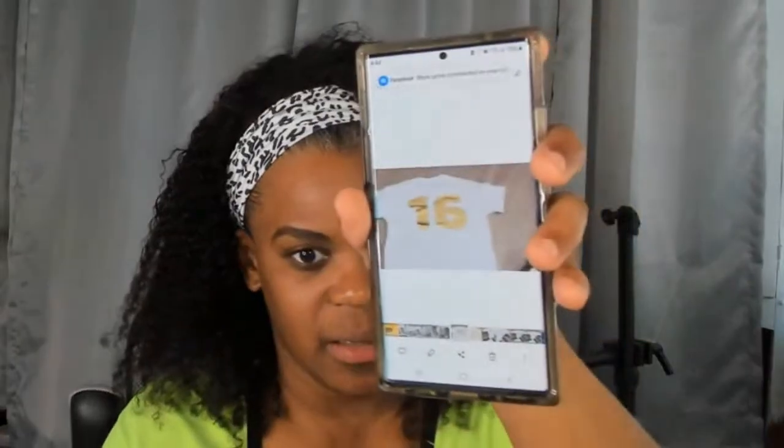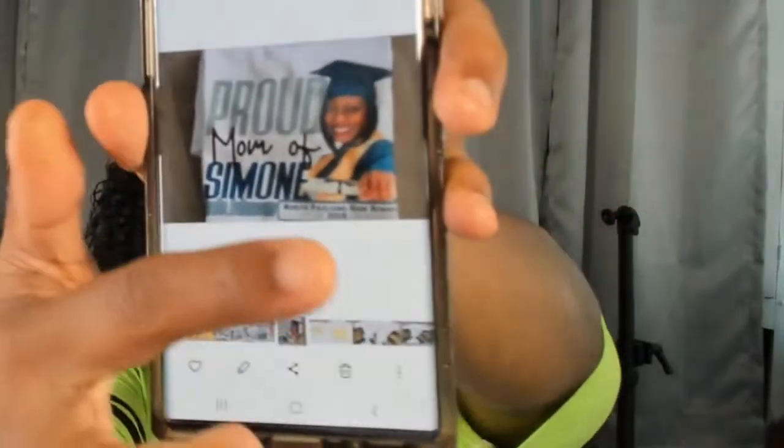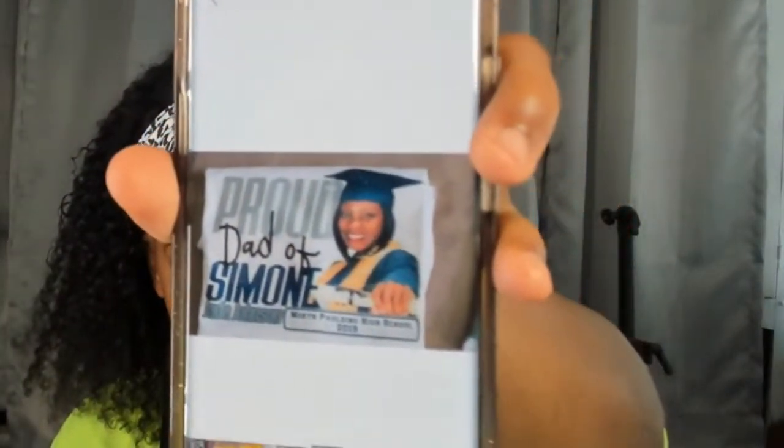And then just a 16 on the back. Oh, here it is. So remember her fan? Instead of putting her name at the bottom, I put her name to the side. Oh, look, there's that same proud mom of. How many times did I use that? Same exact ones. That is my style for that year. I might move it somewhere just to make it a little different, but for the most part, it's the same. So, proud dad of. And there's them together. I didn't take a picture of all the other family members.